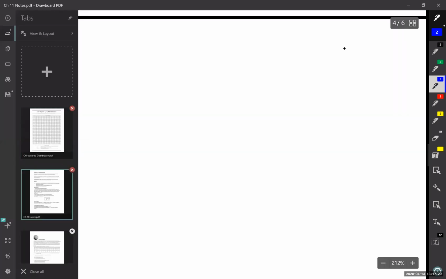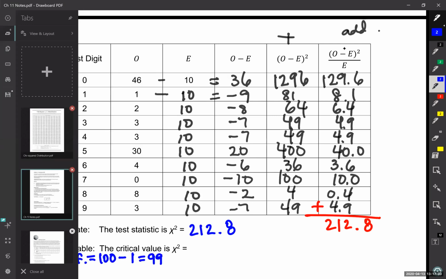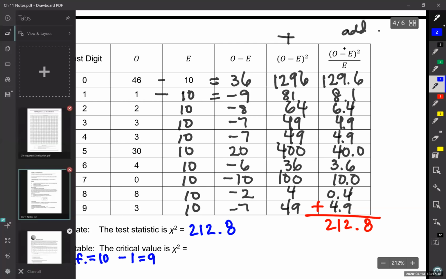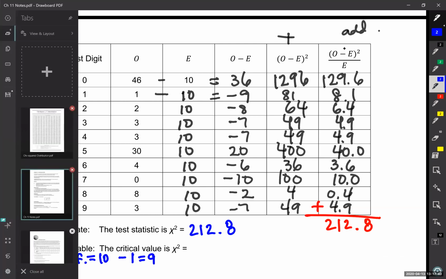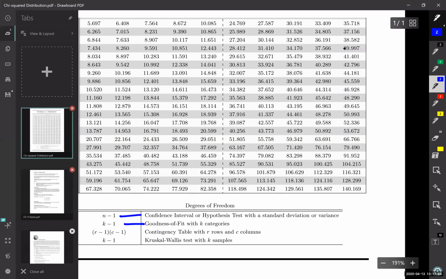We would have figured it out when our table didn't match our picture, but it should actually be how many categories there were. So we said k was 10. So our degrees of freedom is 9. And we already said before our alpha was 0.05. So going to our table, degrees of freedom is 9. 0.05 is our alpha, and here it is,